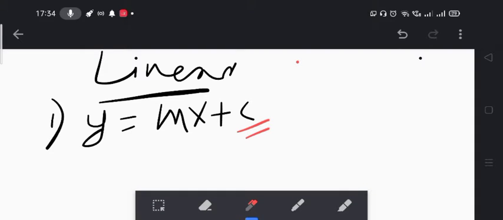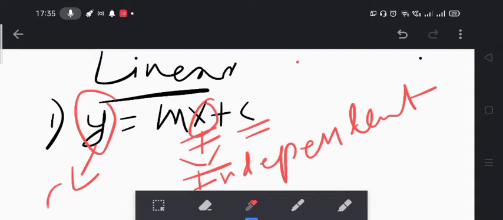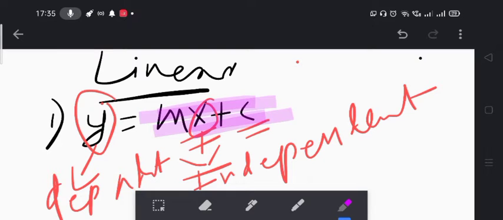Okay, let's change the color. So the concept of y is equal to mx plus c, where x is the independent variable. It does not depend upon anything else. It is not derived, it is fundamental. And y is the dependent variable. The variable means the value can be changed. Such values which you can put in the equation, like 0, 1, 2, and you can have the corresponding dependent value for y.